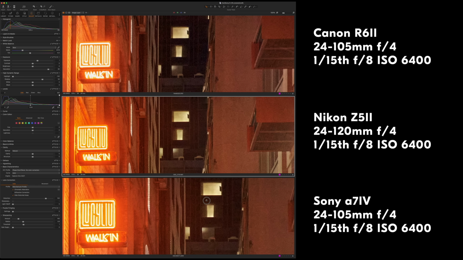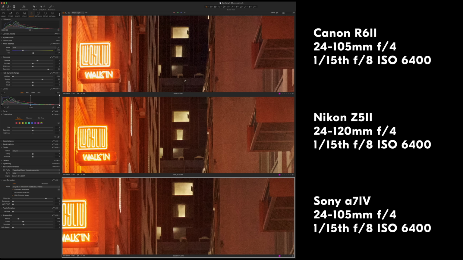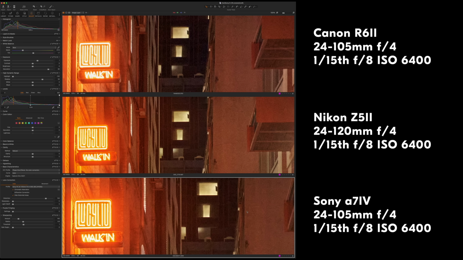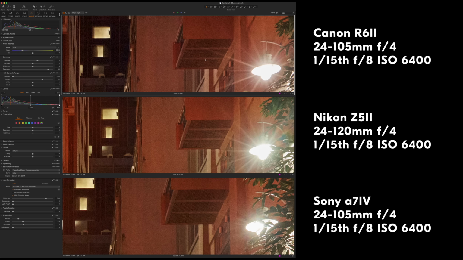Looking at this background area here, which is across the street on the other side of the road, these curtains, I think they are pretty sharp there on the Z5II, looking pretty good on the A7IV. And also, interestingly, the Canon is darker in this particular instance, which again, I think speaks to the general dynamic range of this sensor. They all seem to be capable of resolving the fine detail here on the balcony, and